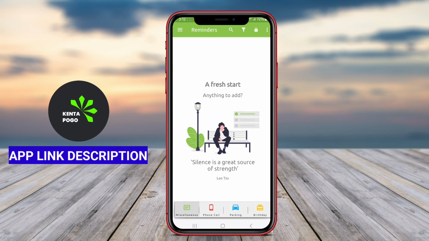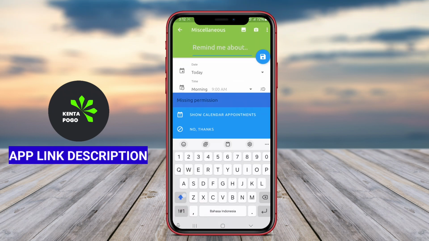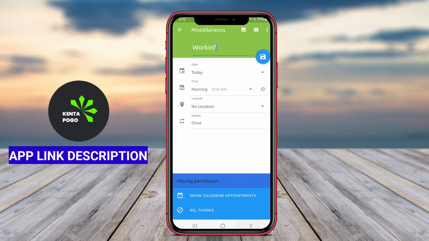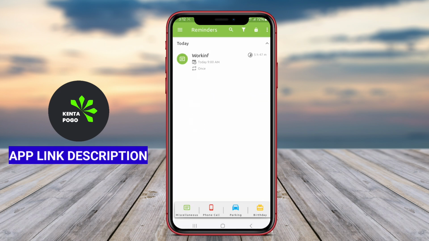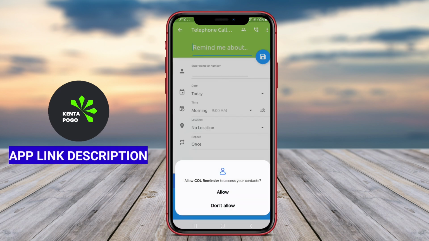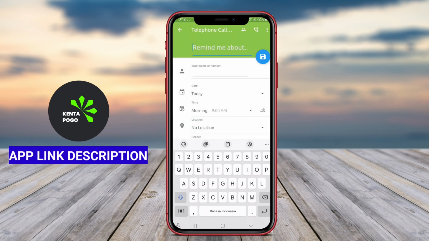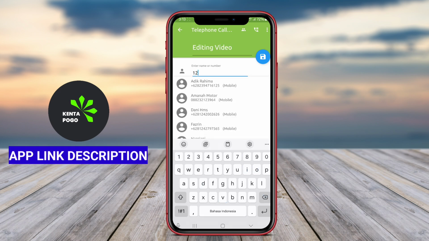KOL Reminder is a user-friendly mobile application designed to help users manage their tasks and schedule effectively. It allows individuals to set reminders for important events, deadlines, appointments, and daily activities, ensuring that they stay organized and punctual. The app typically features customizable reminder options, such as notifications, alerts, and repetitive reminders, which can be tailored to